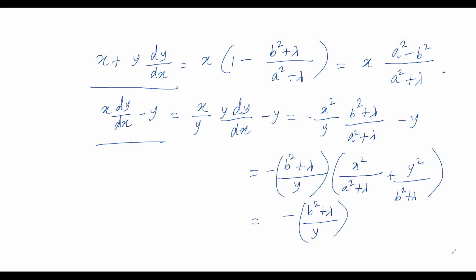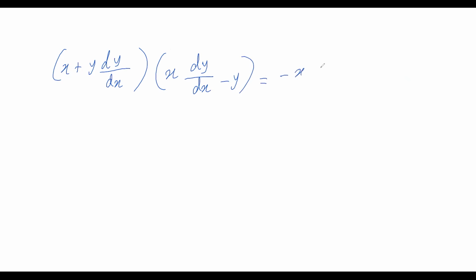So x plus y dy by dx times x dy by dx minus y is equal to minus x times a squared minus b squared by a squared plus lambda times b squared plus lambda by y, and that becomes equal to,